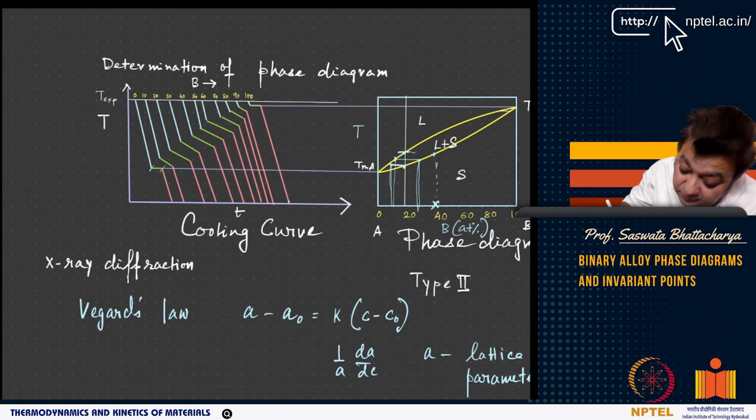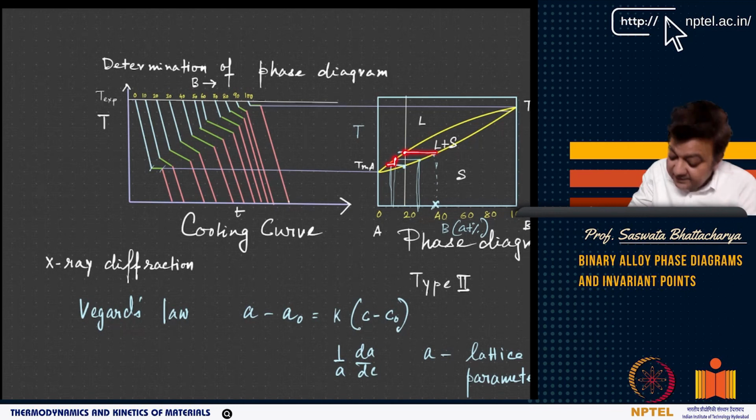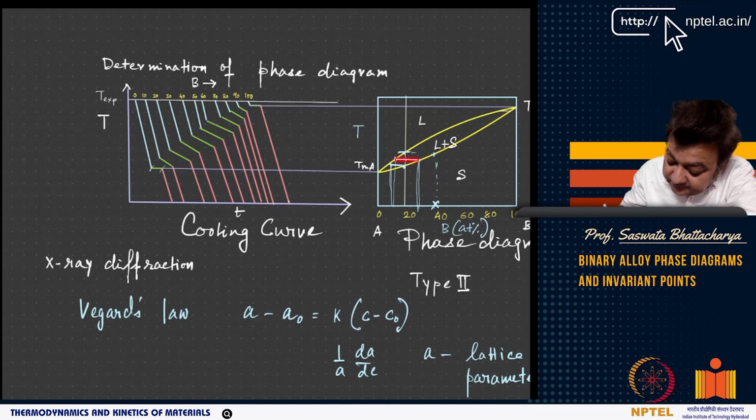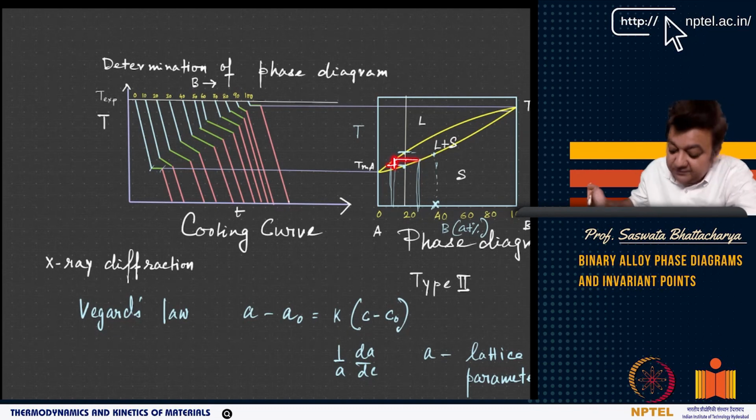So if you now go to the solidus point, when you are touching solid, remember, this is what I am trying to say, that this segment, the way you are thinking, may not be the case, because you have some solid here, you have some liquid here. Now this is your liquid composition. This is what is melting, and this is what is freezing. Now this liquid, when it is coming down, again there is a shift in composition. So there is a continuous shift in the liquid composition that is getting solidified.